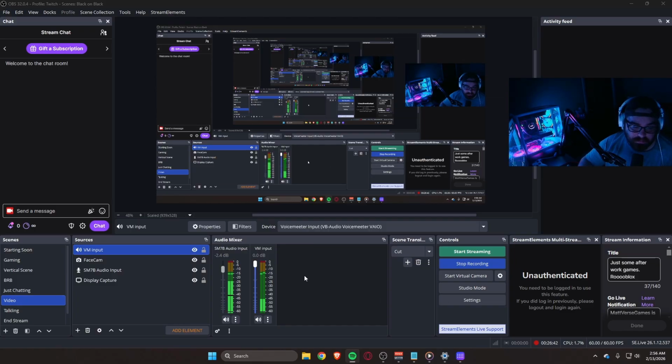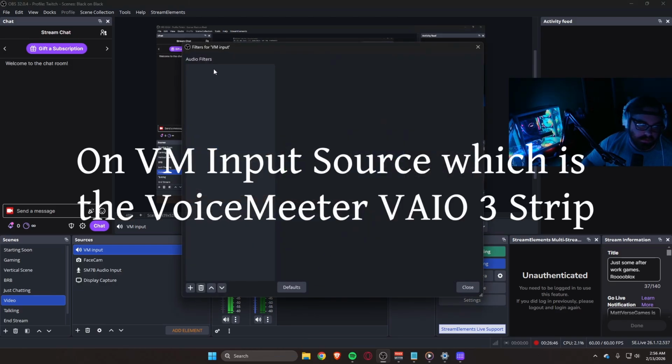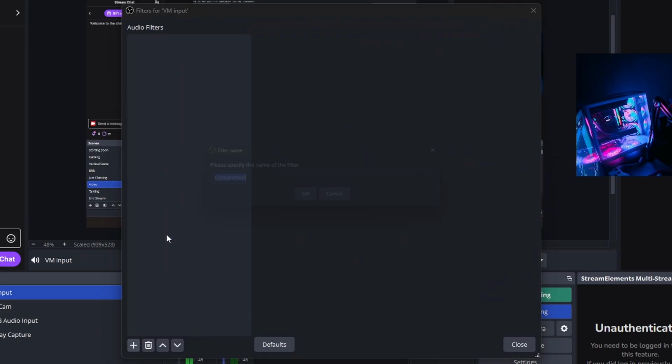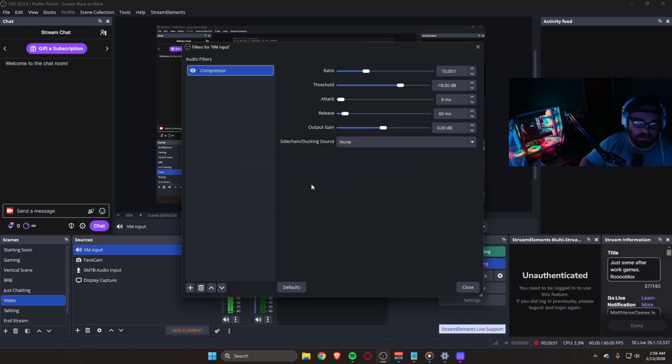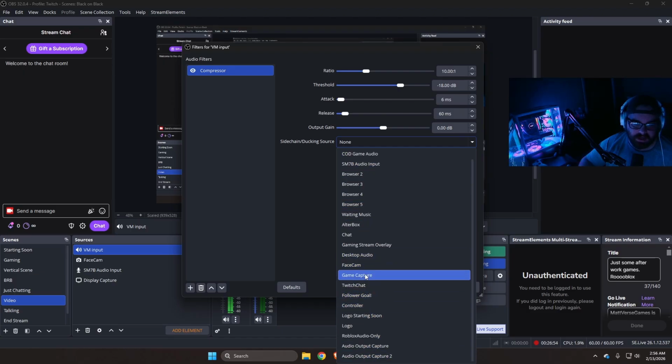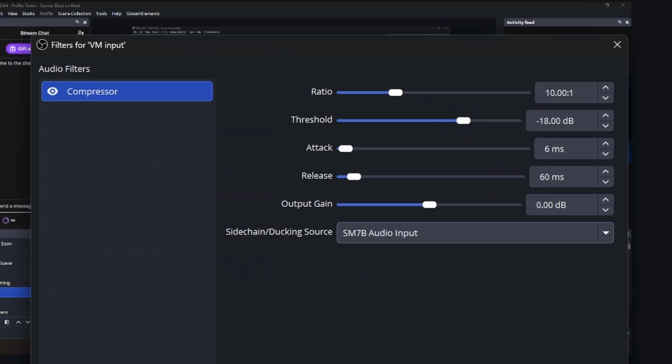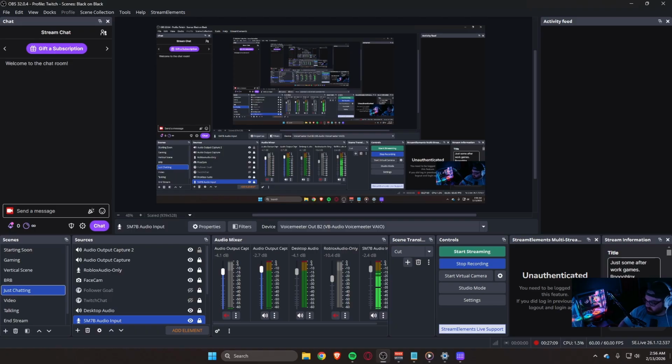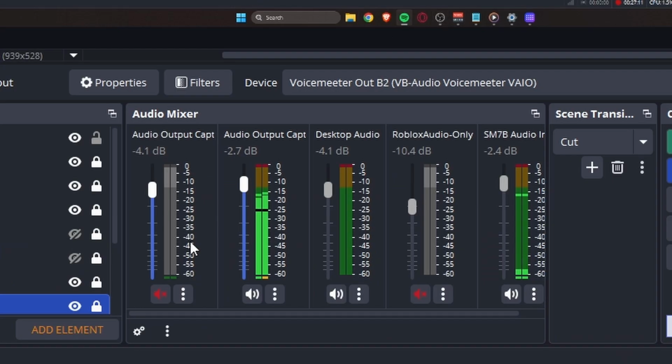How do we fix that? We're going to go over here. We're going to go to our filters. We are going to add a compressor. We're going to name it compressor. I want it to sidechain duck to my SM7B. Let me do it here. See, that's super loud. And then when I start speaking, we see that bump back down because it's sidechain ducking